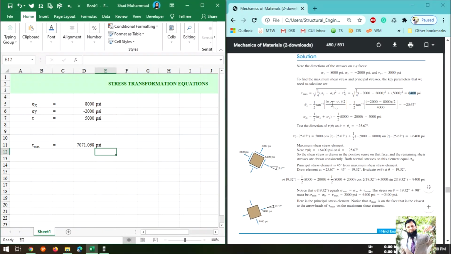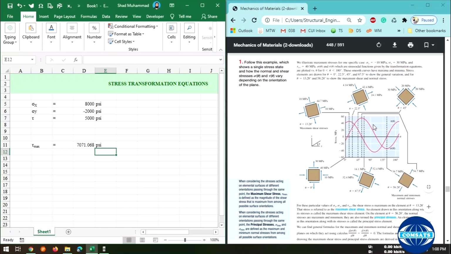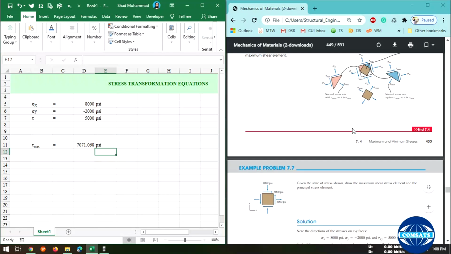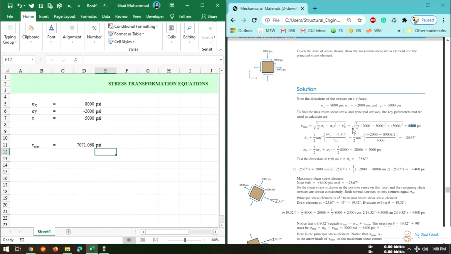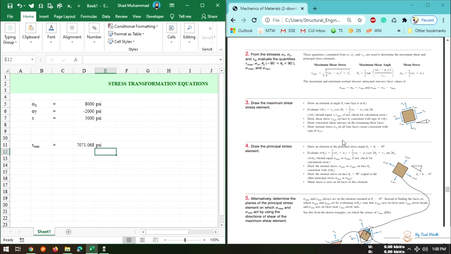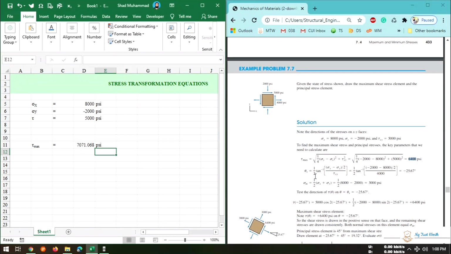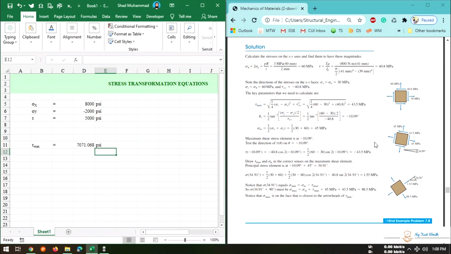Very simply you are going to do this one and formulate, and you should be able to draw this graph. Okay, this is your home assignment, that you have to draw this graph for different angles, and for this numerical. Okay, so that's it for today. Thank you, and assalamu alaikum.